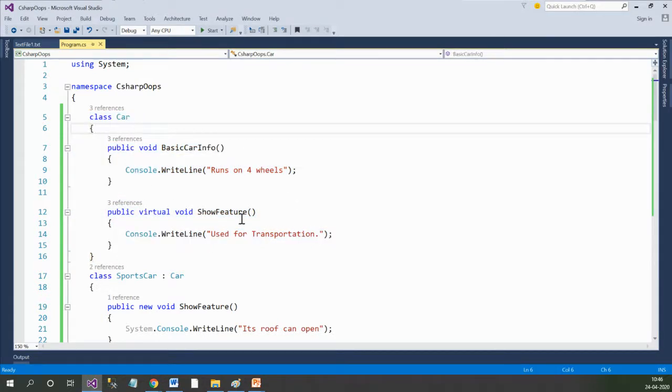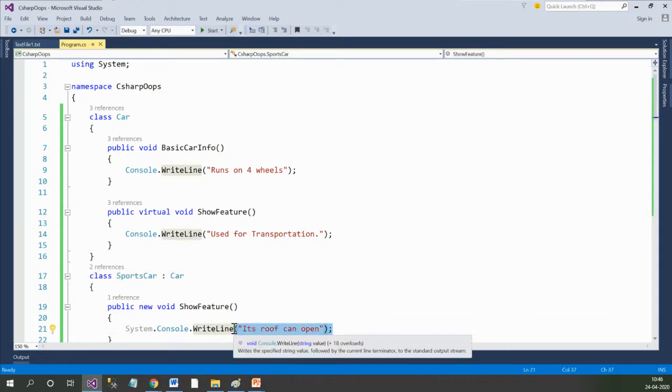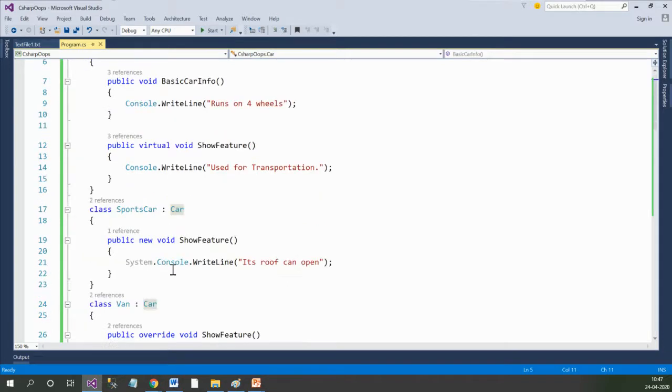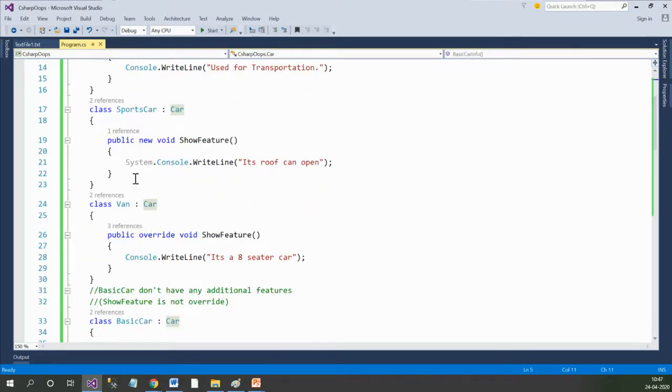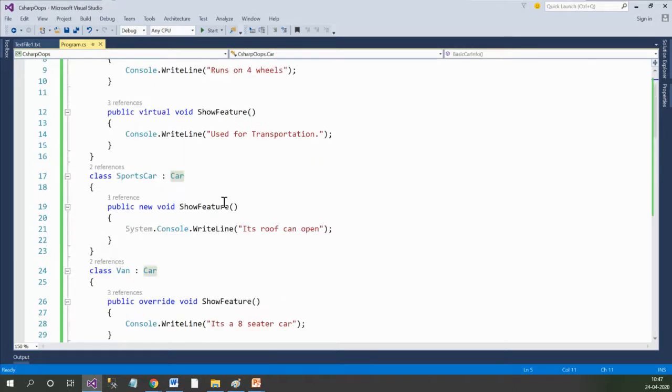Now, as per the definition of runtime or late binding, if you want to have a certain method in the base class which has some behavior inside the base class, but the same method needs to be used within the derived class with some different behavior, then we'll be using the virtual keyword while writing that method inside the base class, and the override or new keyword to write that method again.